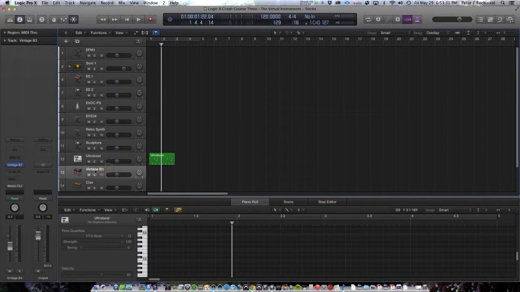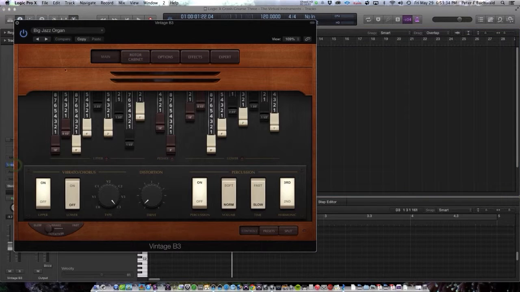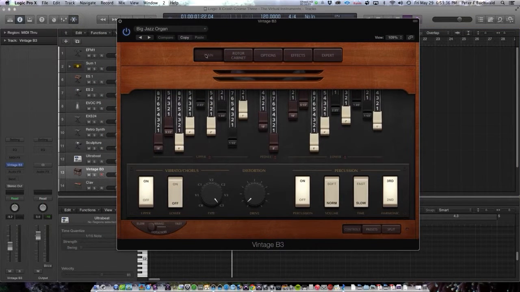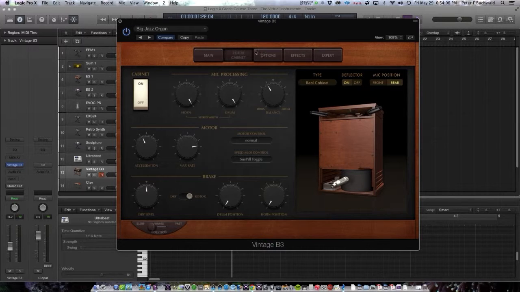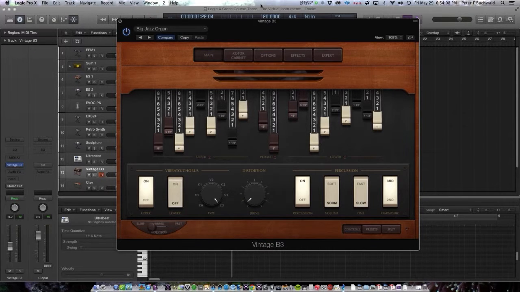Let's move on to the B3. This is a pretty good emulation of the Hammond B3. And the trick about trying to emulate a Hammond is to make sure that you have a Leslie cabinet emulator. So as you play, make sure to change the speed of this revolving speaker cone. So I'm going to hold a chord. And you can program this to go to your mod wheel on your MIDI controller, or to a foot pedal. I have mine going to the foot pedal. So if I do a two-handed chord and hit the pedal,